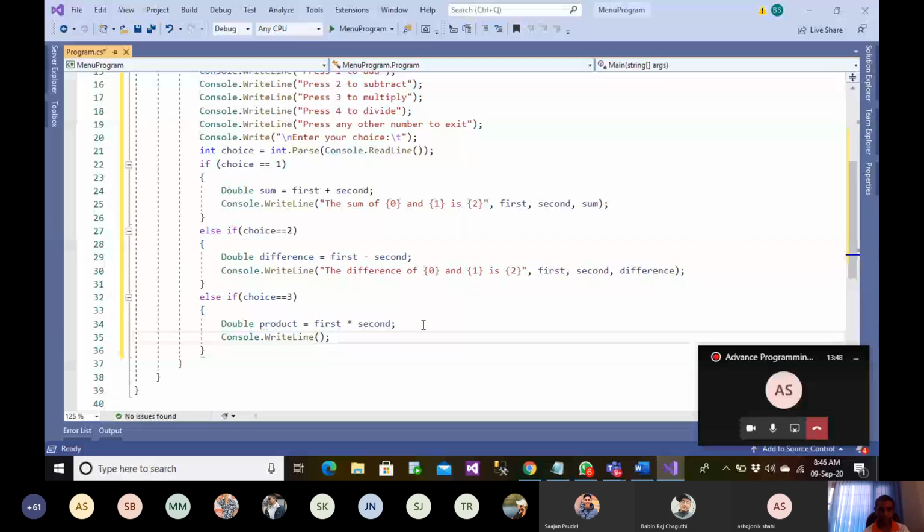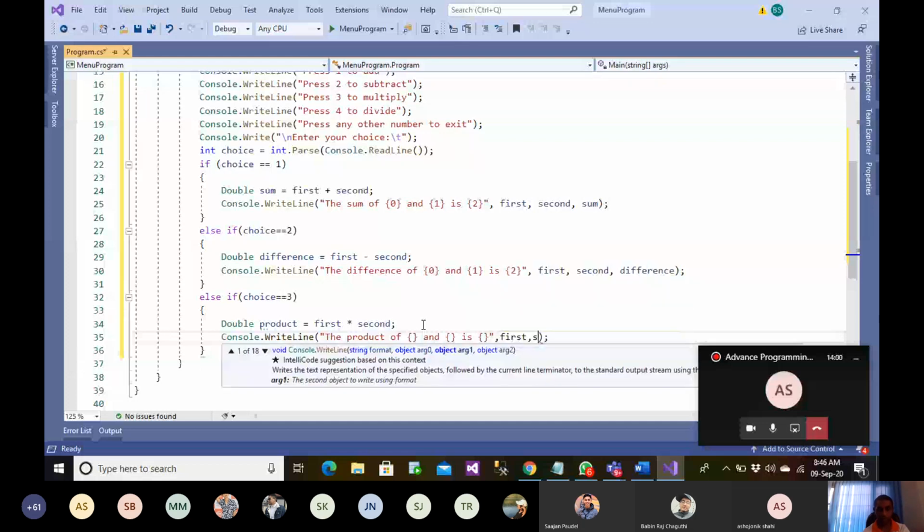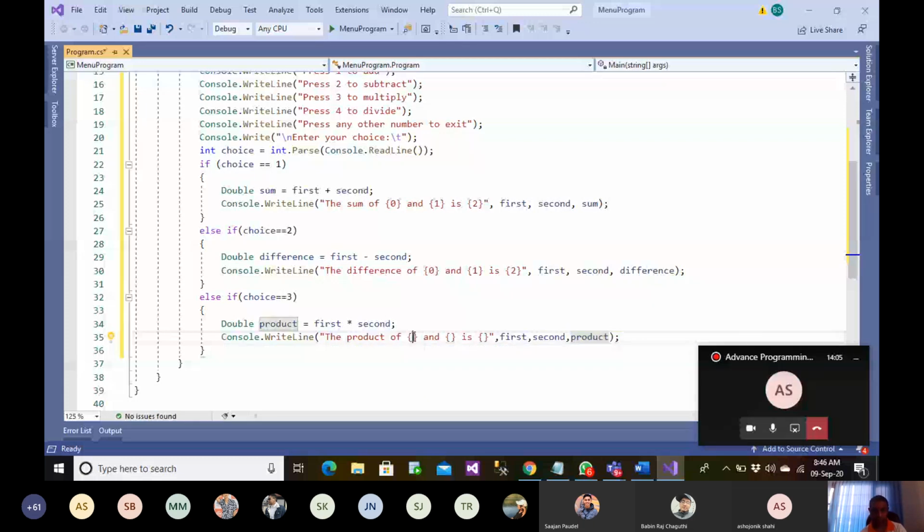And here I can write the product of so and so is so. All right, this is first, second, and product. This is 0, 1, and this is 2. Okay, the product is also done.